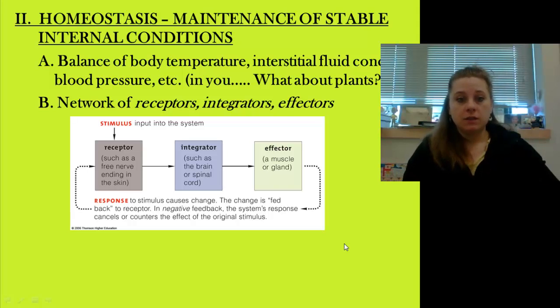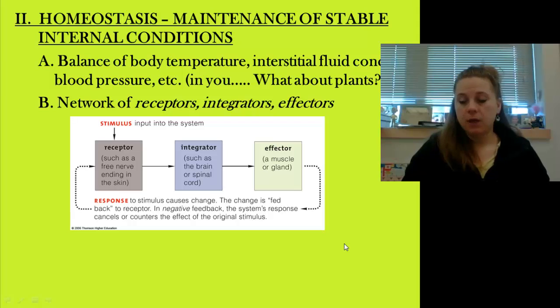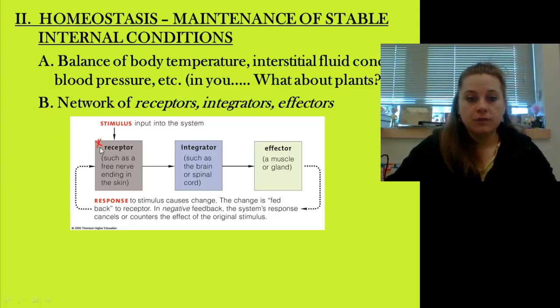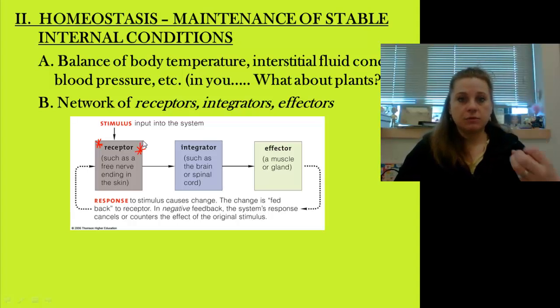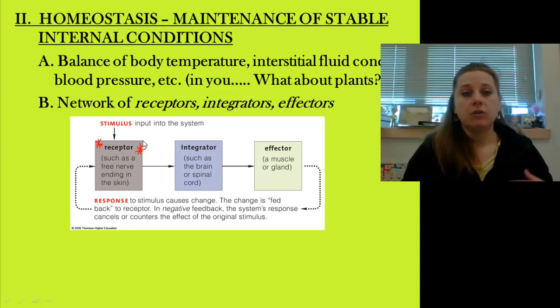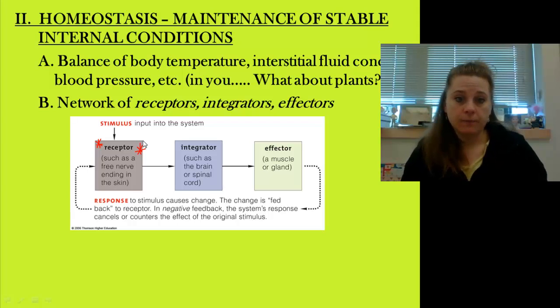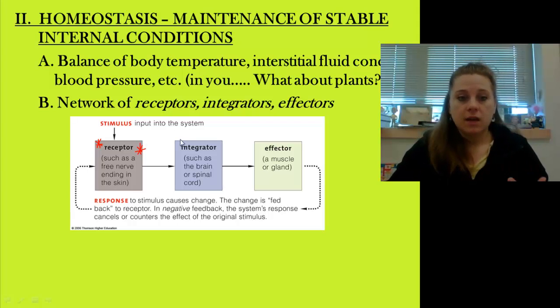Stimulus enters the system. It's first going to be received by a receptor. The stimulus comes in, the receptor notes the change. This could be our nerve endings in the skin that detect the change in temperature. These are then going to send a signal